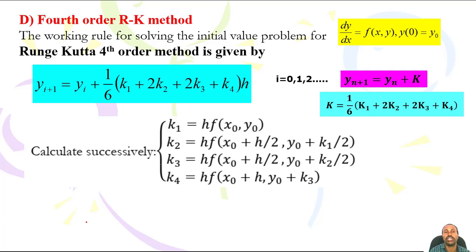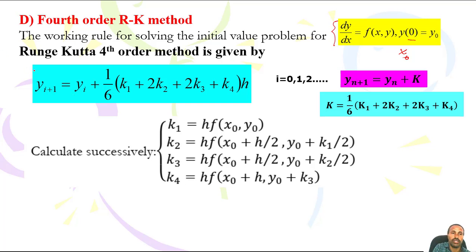And the fourth order RK method is very important. Working rule: we have for solving an initial value problem, dy by dx is equal to f of x, y, with y of x naught is equal to y naught. You are taking x naught here, in this bracket you have x naught. Clear? So I think the fourth order Runge-Kutta method is this formula, a general equation, which you can apply,